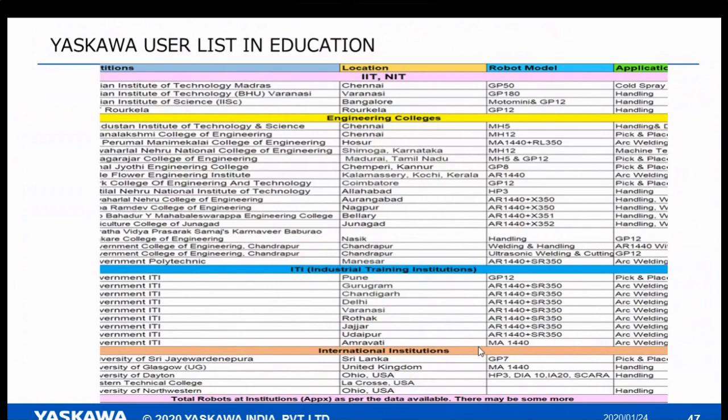This kind of value-added support activity we are doing, and Yaskawa is also planning to do some online training. We have a different location where we have a demo robot training center facility. We want to use it the same way as Yaskawa Academy for certification courses also. Very soon we will start. We want to tie up with colleges like CIT, and we are discussing with their management also.